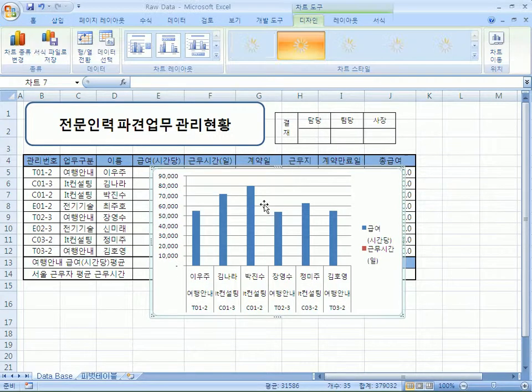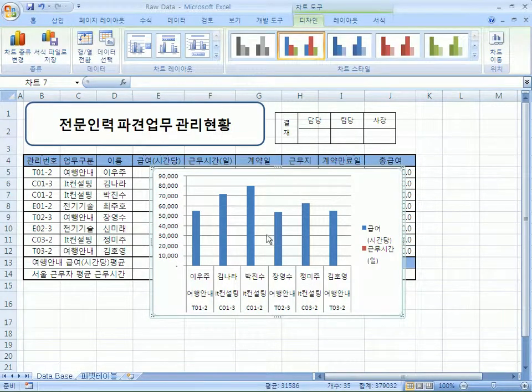Here I have the chart about the IT consulting and travel guide team for each payment per hour and daily